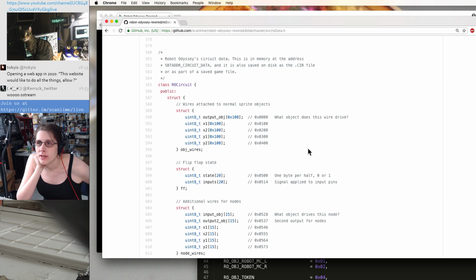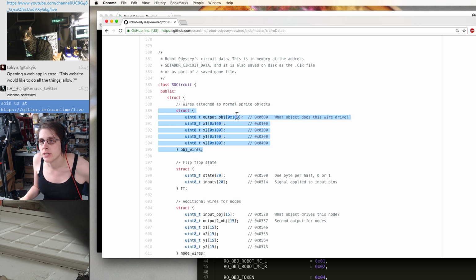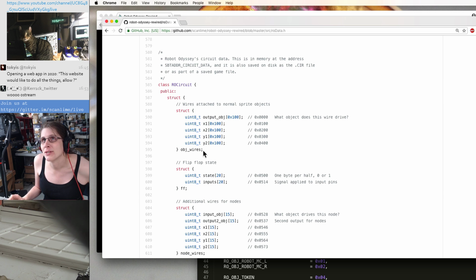It's very output-centric. Everything that generates an electrical signal has various resources associated with it. So everything that is an object has the ability to generate an output. At first I was just labeling this a table of wires, and I was noticing, oh, wire 0 seems to be the hot cursor. But no, actually it's that object 0 is the cursor, and when you turn it into the hot cursor to test your circuits, it's actually creating an electrical output driven by the cursor and using its object slot for that. So then, yeah, it has 2 endpoints,